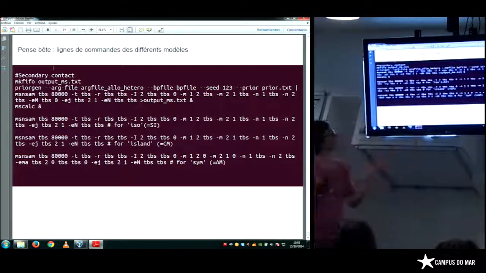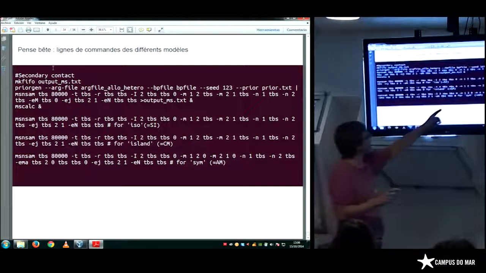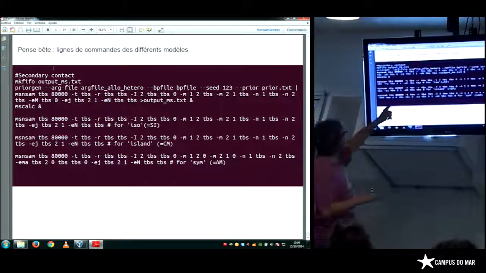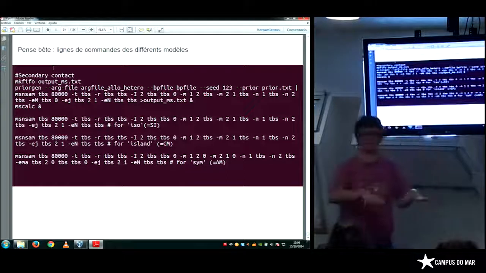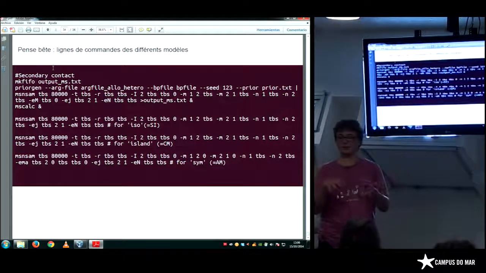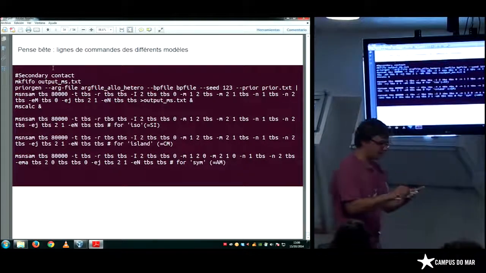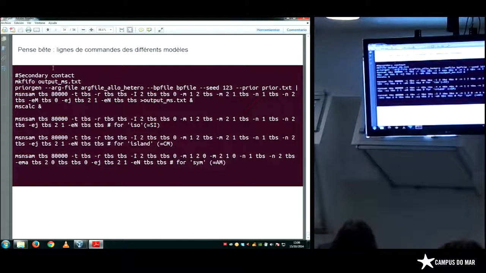En is the scaled population size, because actually here it's a ratio of population size. And you put everything in a text file, which is the output of the simulation. With MS, you can call the help, and you have the description of all the arguments: theta, r, ej, m, n, all the parameters of the model you want to simulate.